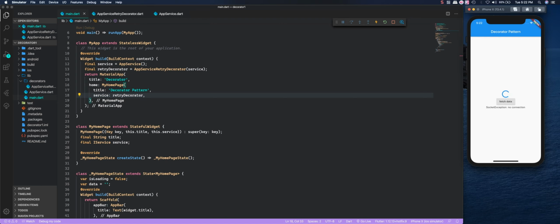But if the user connects to the internet before it reaches the retry maximum, then it would automatically fetch the data, right? So I reconnect to the internet while it was trying to fetch, and it automatically retried the network call and fetched the data. So you can use decorators as an automatic retry when there is no network connectivity,